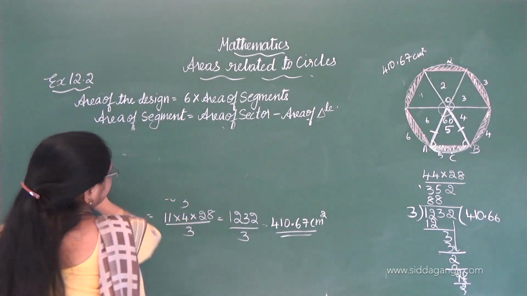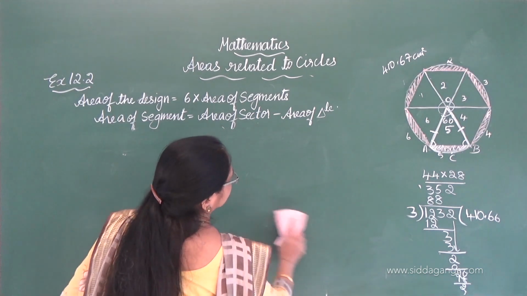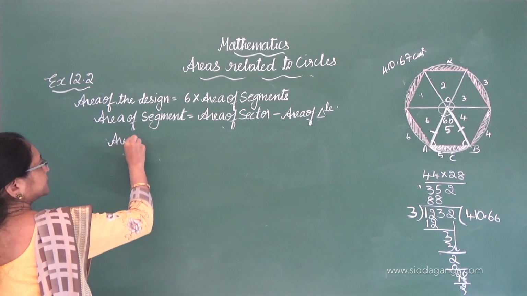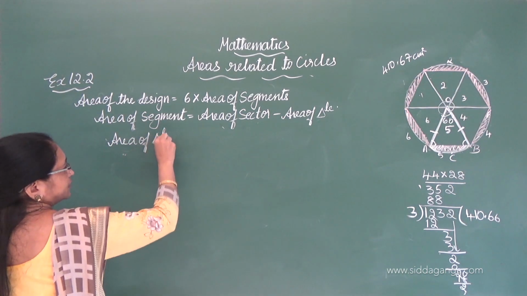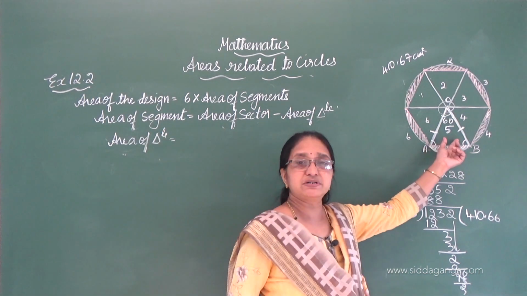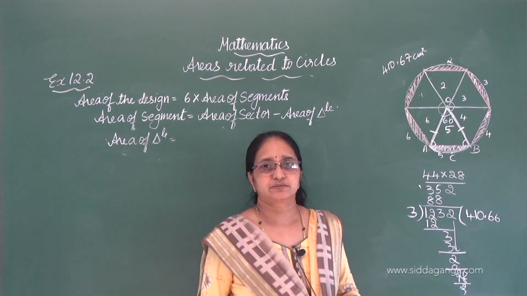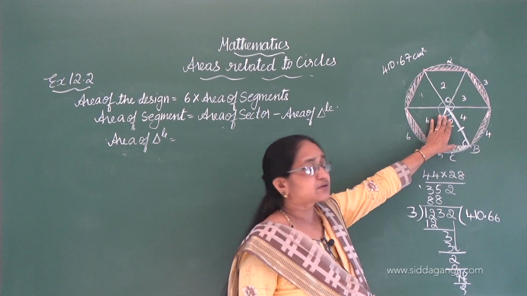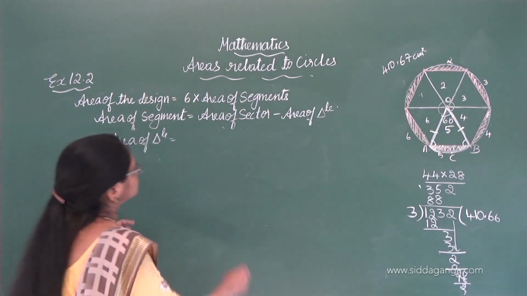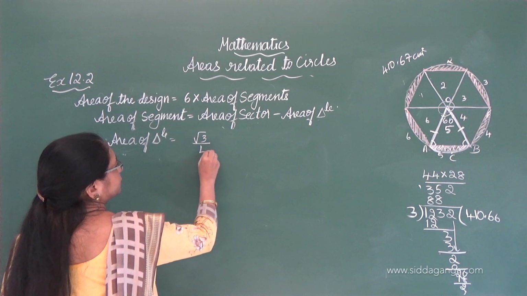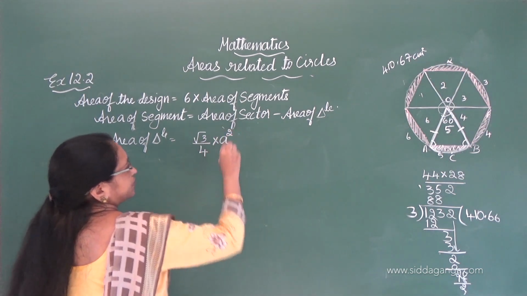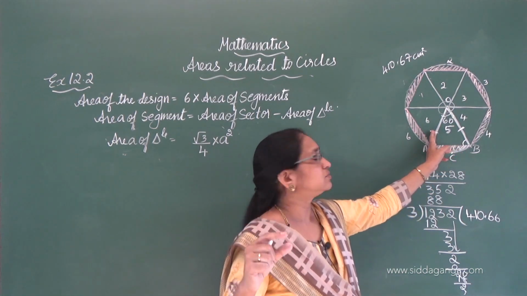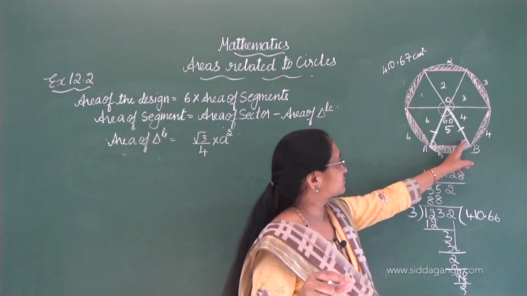Now you will find out the area of the triangle. I told you, when you want to find the area of a triangle, this will be in the previous problems you have done. So one method is you can consider this as an equilateral triangle and directly use root 3 by 4 into a square. But before doing this you should write in one or two steps why this is an equilateral triangle,